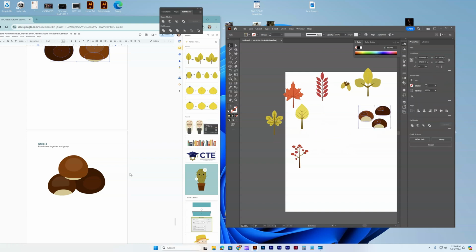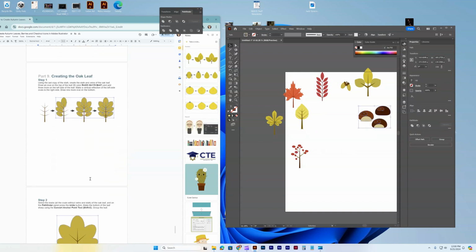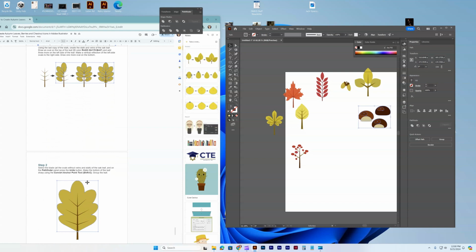Okay. Move those over. And then we're going to create an oak leaf,